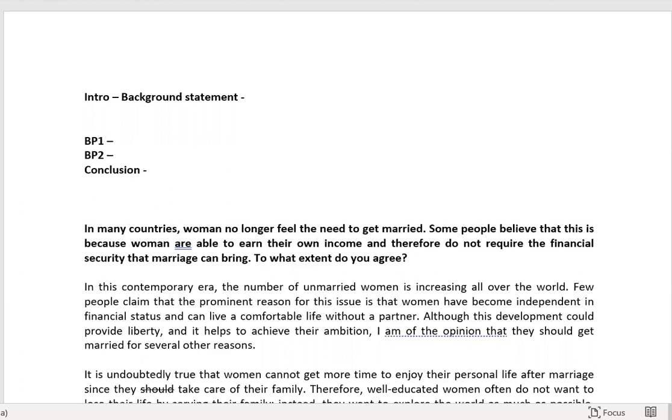We just write the background statement, so it's not mandatory. You can write it, you can skip it. It's not a mandatory portion of IELTS writing task 2. What is mandatory is paraphrasing,